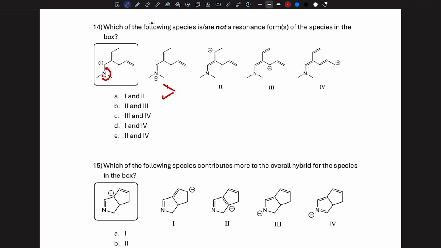This is completely valid. In the next structure, what we're doing is we're probably going to move this bond down and form this lone pair. Form this formal charge of +1,